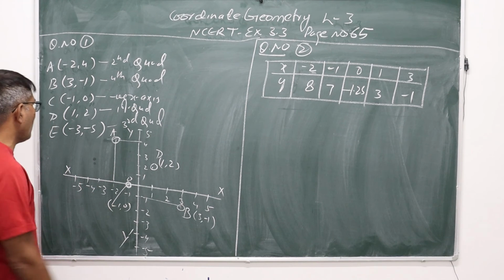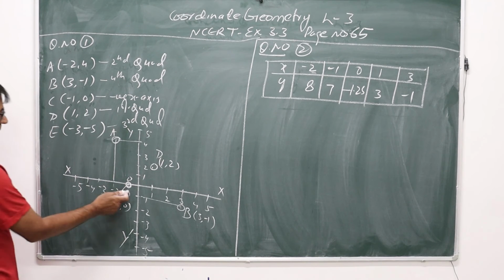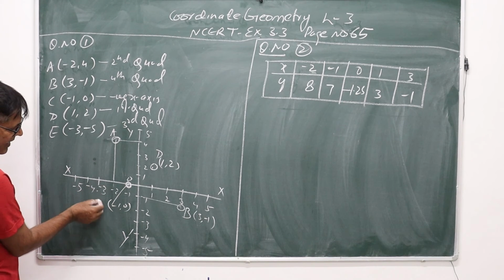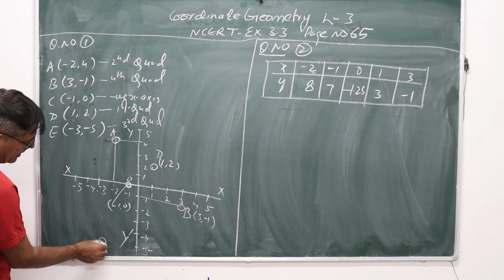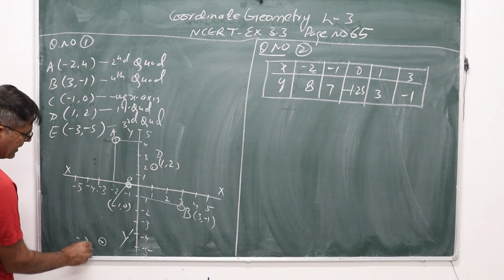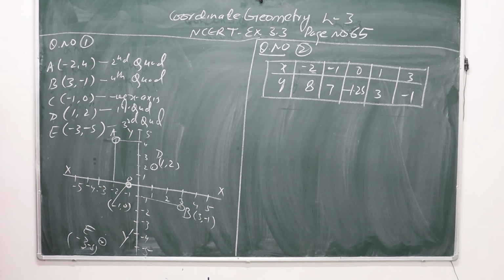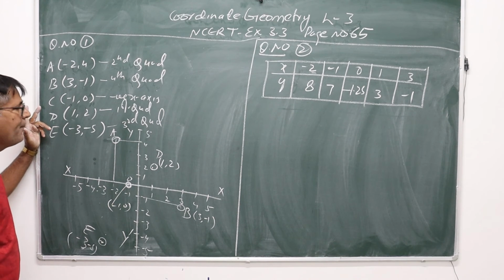So this type location, -3, -5 को लोकेट करना है तो -1, -2, -3 ये है, और 5 नीचे जाएंगे तो 1, 2, 3, 4 and 5 ये यहाँ पे आ जाएगा. This point is your -3, -5, and nomenclature is E, lies in the third quadrant. So this time we can locate the point in the Cartesian plane and we can define their position.